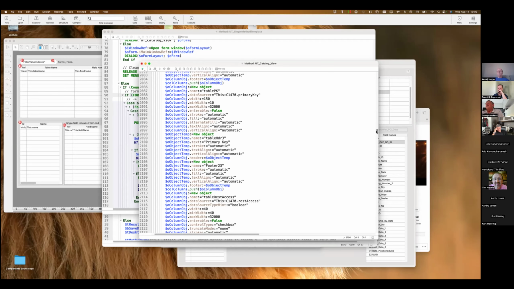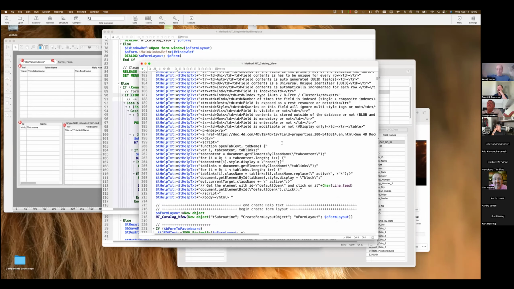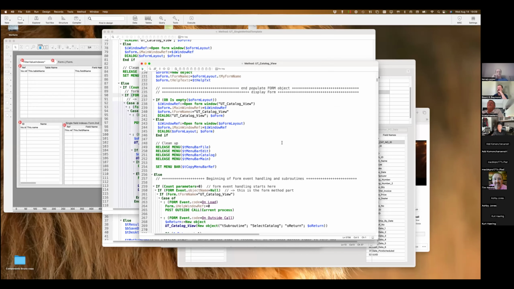And that's just because that's how I did the method. If the one is not available, then use the other. You'll see that basically you're saying if my form layout object is empty, then I just open the form that is generated by the form editor, and otherwise I use the object that I generated with the code. That's all.